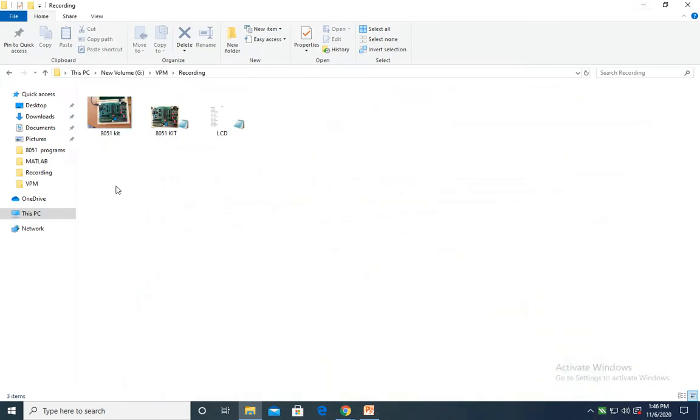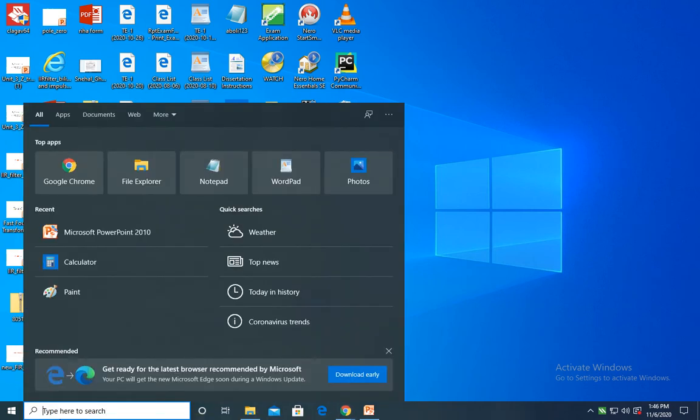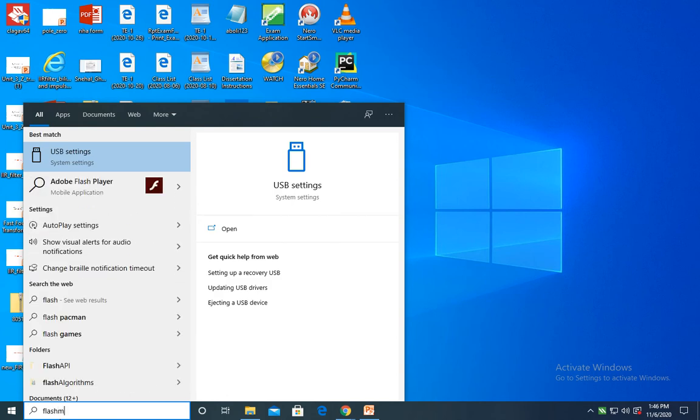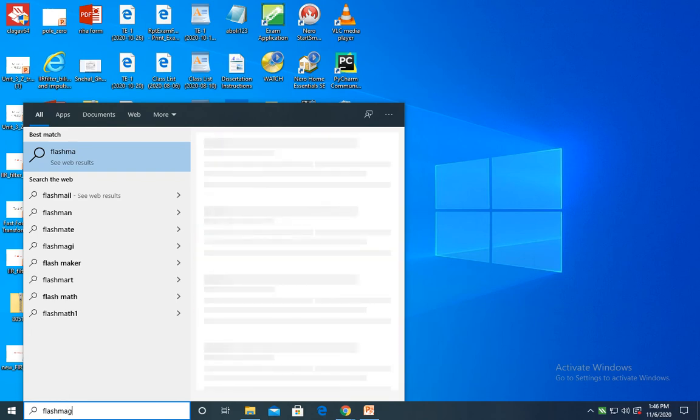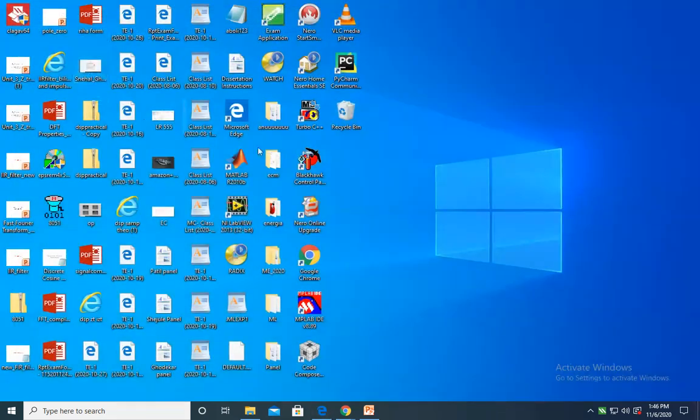So we will see this software to download your program into this IC. We will discuss it later.